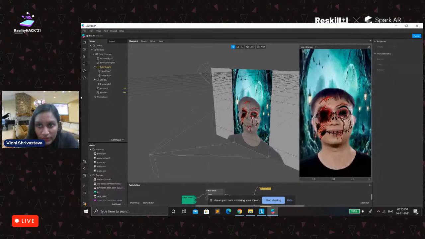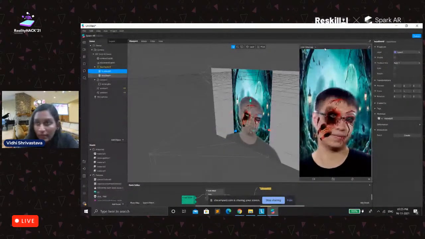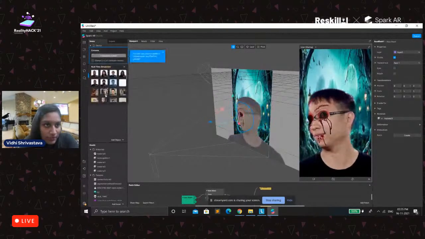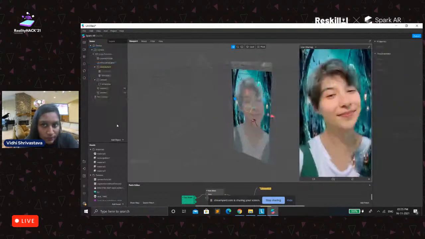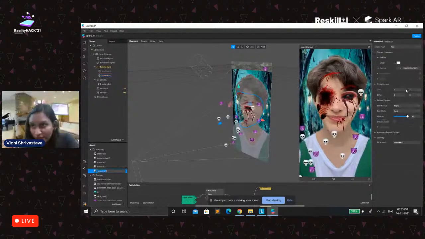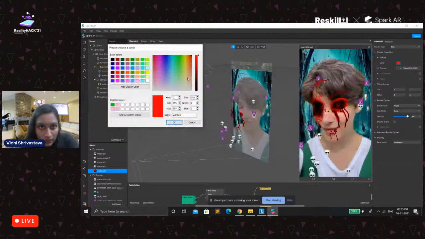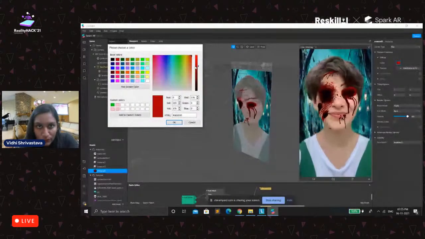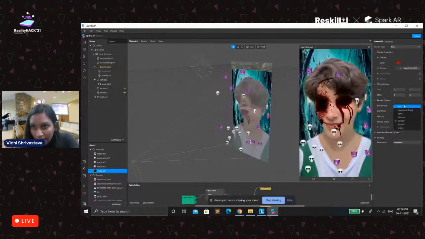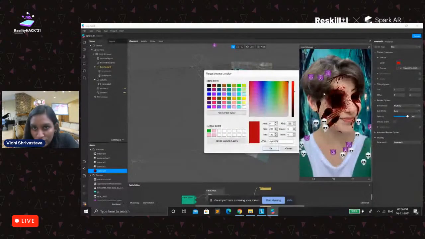And what I will do is I will just disable this for now, and let me disable the eye and mouth here. Okay, so what I will do is I will just change the texture of the material here. Let me make it a little more red, or we can go with dark red too. Okay, this works fine. Even we can multiply it or add it, but that won't look good. Multiply looks fine.